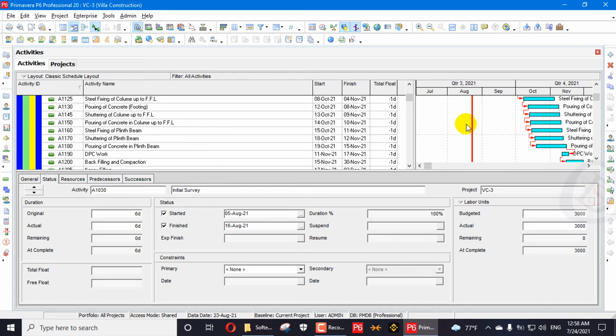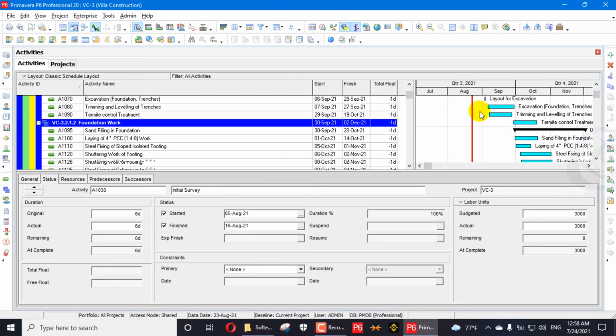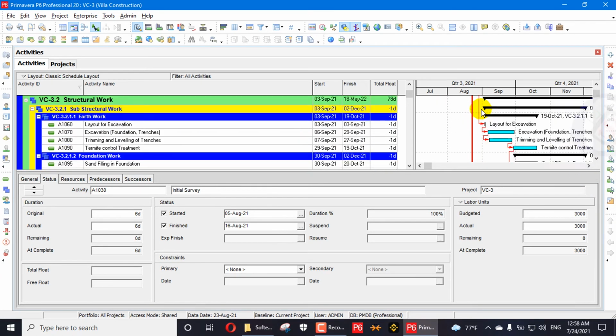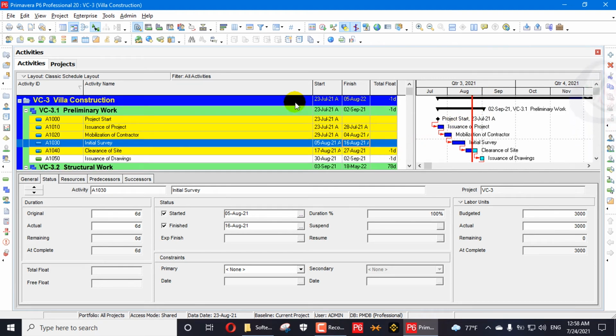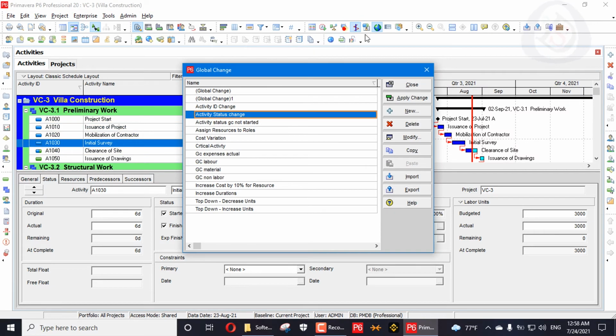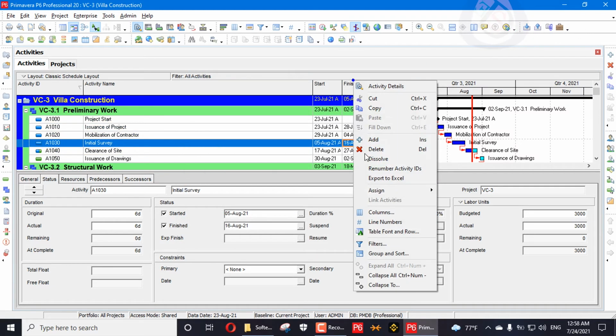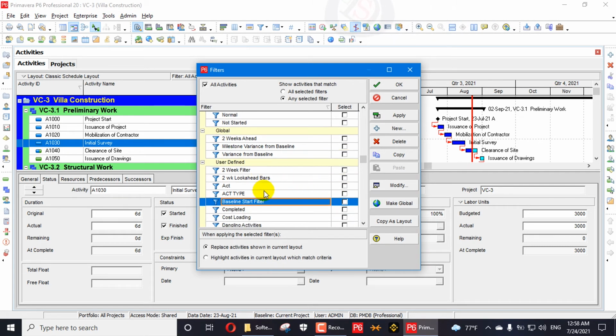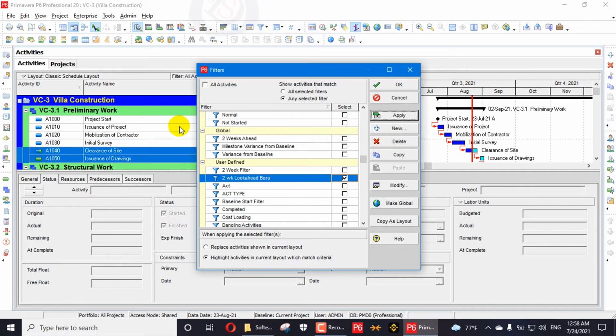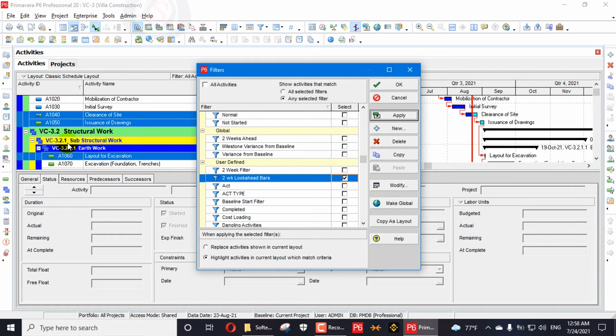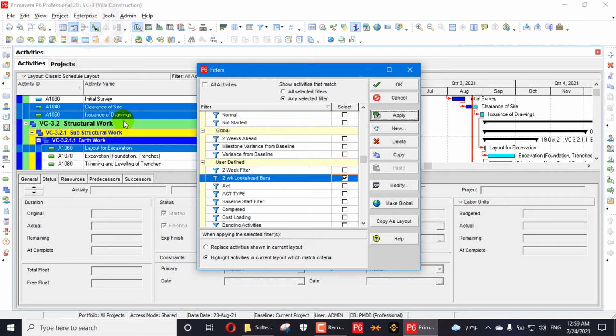So we can see the activities, all the activities here now are in sky blue color. No look ahead is showing here. So now we will go here, remove the flash highlight here, and here we will go here in the filter. We will see here apply, we will see highlight activities. So these three activities are in look ahead, but these are not appearing here in the different color.